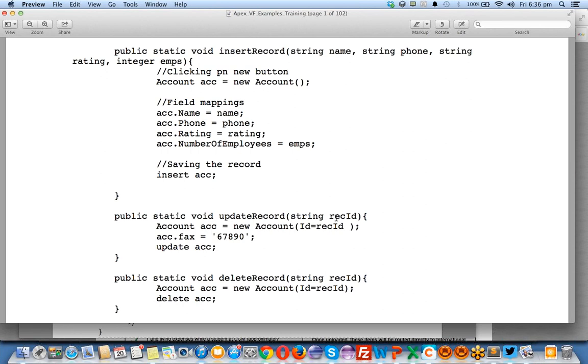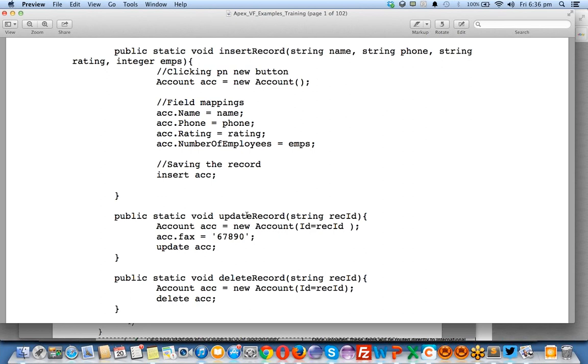If I'm passing that record ID to this method, updateRecord, I'm updating that specific record. There will be millions of records in the account object, but the record I'm going to update is the one with the specific ID I'm passing in the parameters.